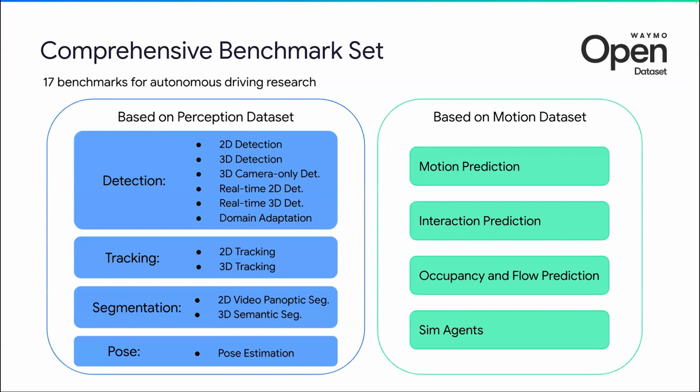Along with the data set, there are also a series of benchmarks that we have attached for the different tasks that we think are important for the autonomous vehicle research community. And we believe it's the most comprehensive set of tasks and benchmarks that is out there in the wild. Some of them are pretty mainstream, like motion prediction, but some of them were also pretty novel, like, for example, 2D video panoptic segmentation, pose estimation, the occupancy flow, and sim agents, which were pretty novel at the time when we